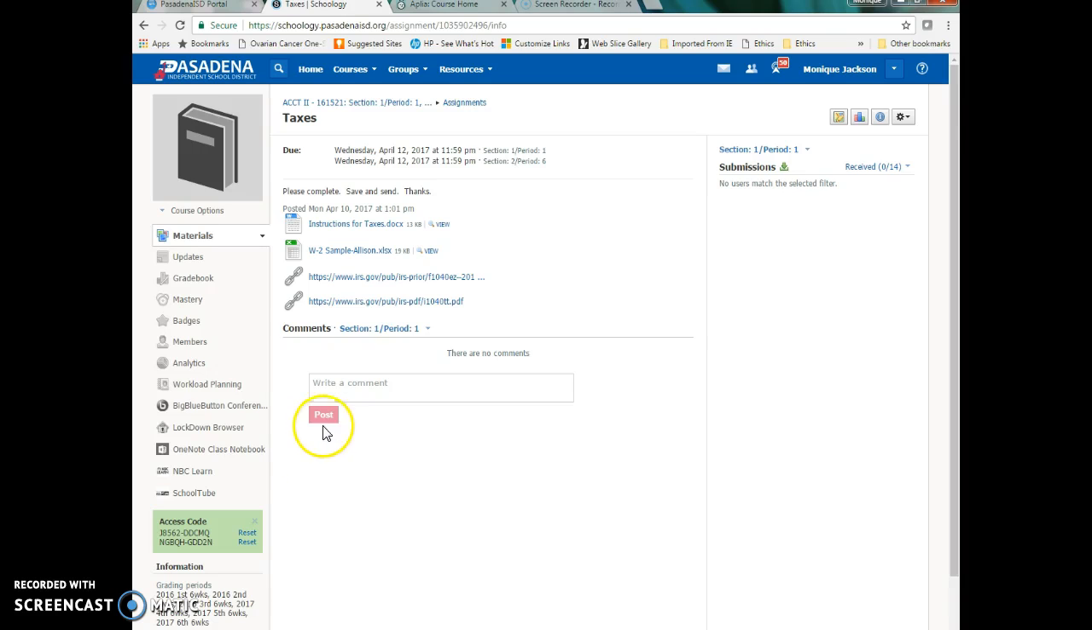Your taxes are due April 18th. That is 1 week from today. Normally every year they're due April 15th, but since April 15th falls on a Saturday this week, and Sunday is Easter, the USA is giving us another day to get our taxes completed, which is April 18th. So in this assignment in Schoology, you first have your instructions,